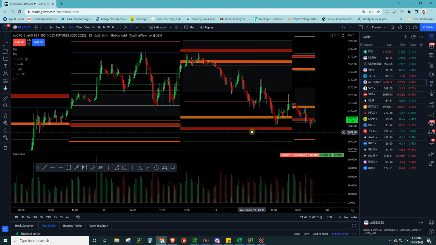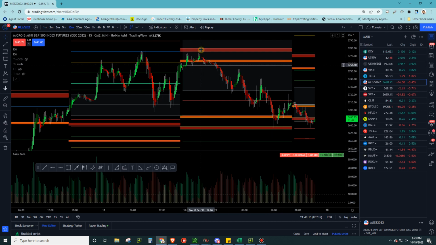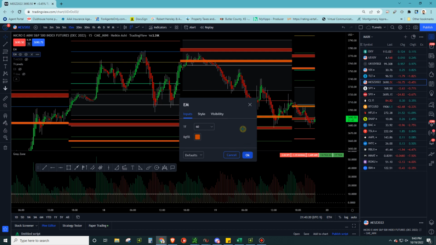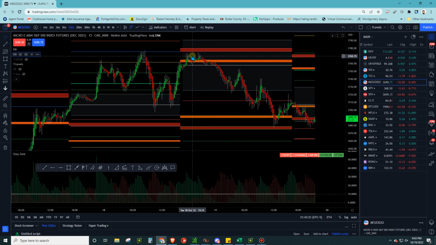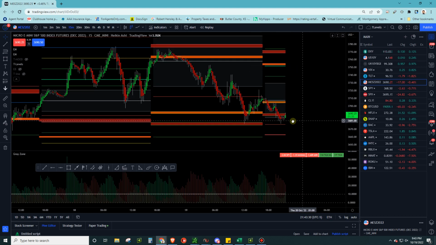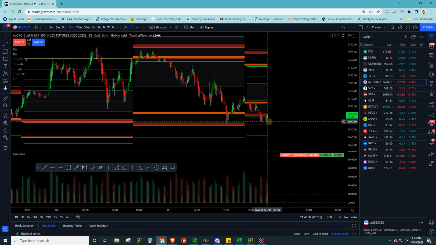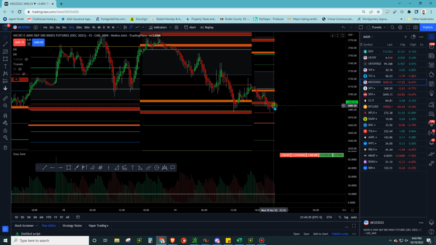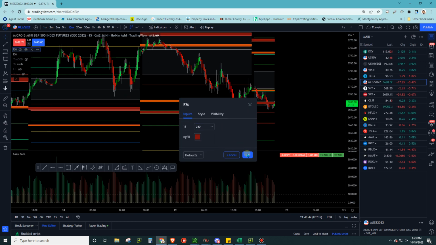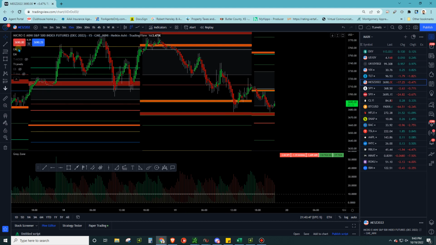But anyways, the point is, look where we ended up for the lows of the day. We ended up at, which one of these do I have, I think this is going to be the 1 hour. So the 1 hour, 2 hour, we range from there all the way down to the 2 hour low. And so this is why we use this. Now, we're sitting here at essentially the 2 hour low right now, and we're at the T levels gray box low as well. So not really sure what's going to be happening here. We might change this out to a 4 hour. So there we go, we got another low there.